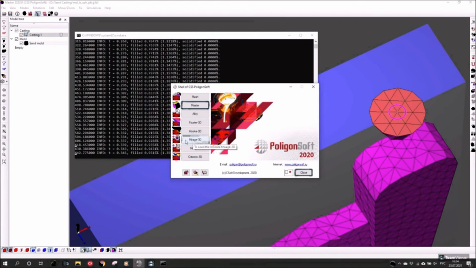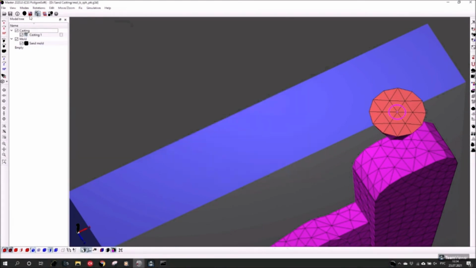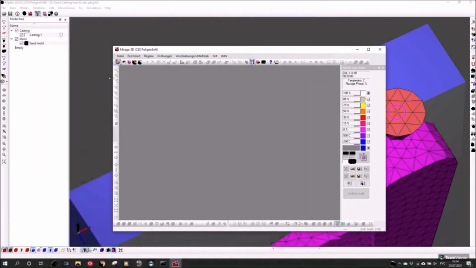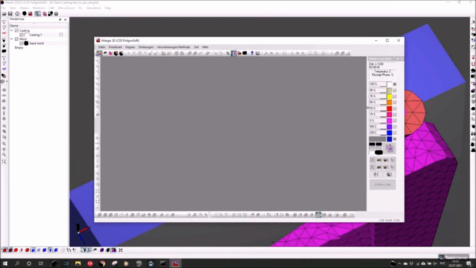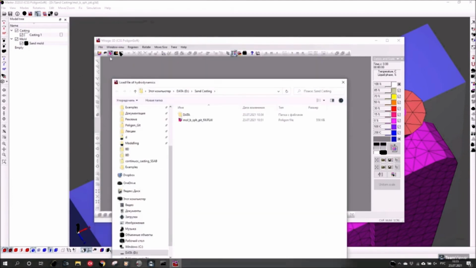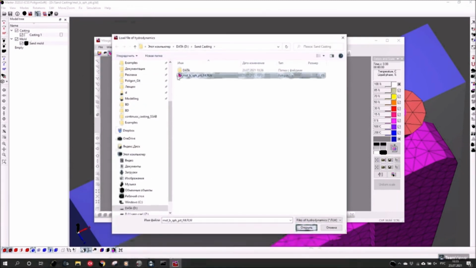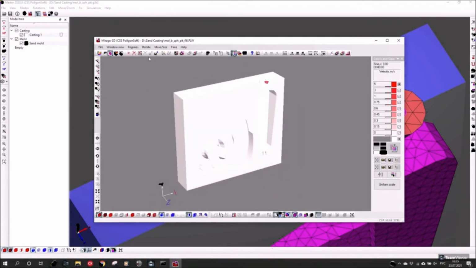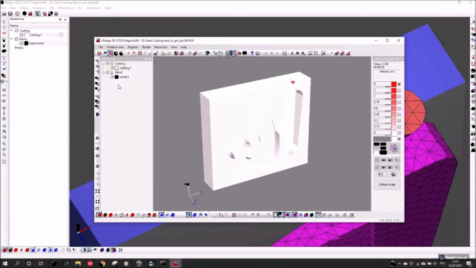And I will start Mirage 3D model from PolygonSoft shell, or I can start it from this button. And here is Mirage 3D. Here I can load a hydrodynamic file containing a velocity field, or I can load temperature fields from the same file. So I press load velocity field and I see this file. And if I press load temperature field, I will see the same file. There are two fields in one file. And here I can press show model 3D button,